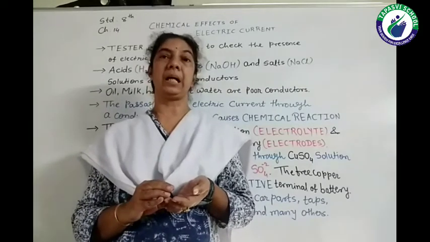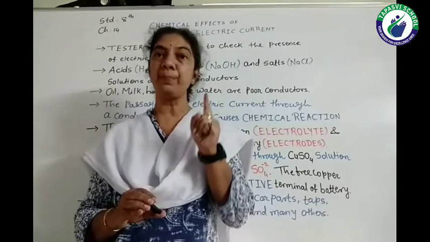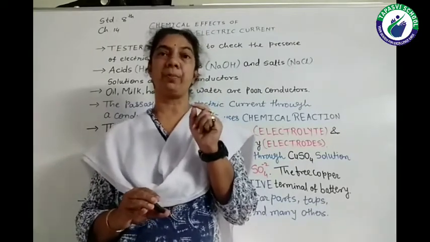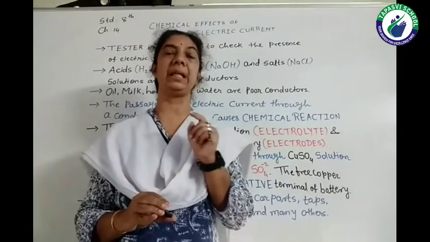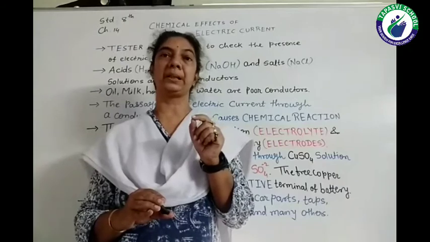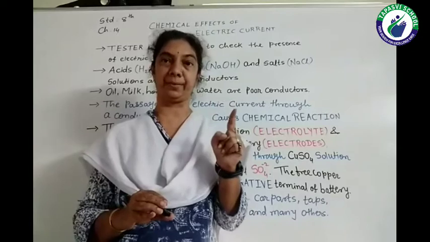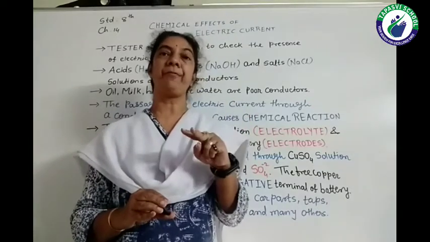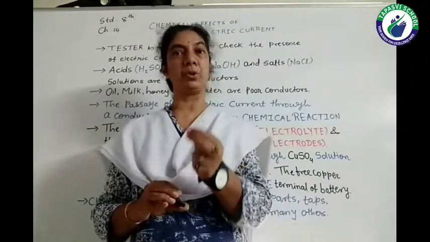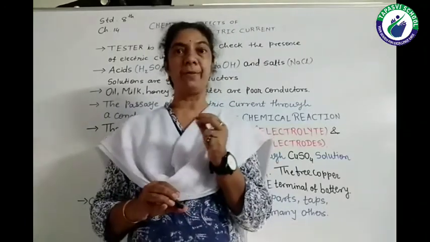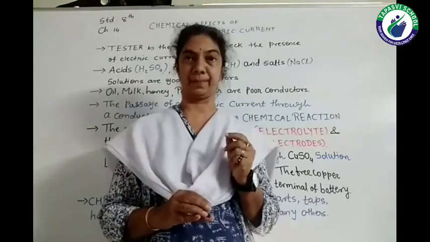It could also be asked that if I want to make the distilled water, which is the pure water, a good conductor, then what should I do? This type of question we have in the exercise. So the simple answer first, distilled water is a poor conductor of electricity, and second, if we want to make it a good conductor of electricity, we have to dissolve some salt in it. Then if we check it with the tester, surely it will pass the electricity.